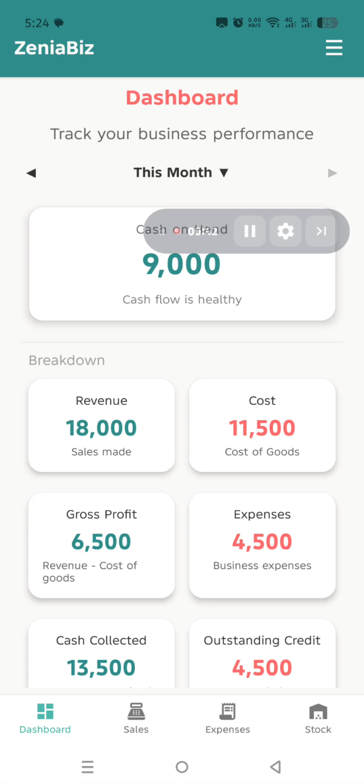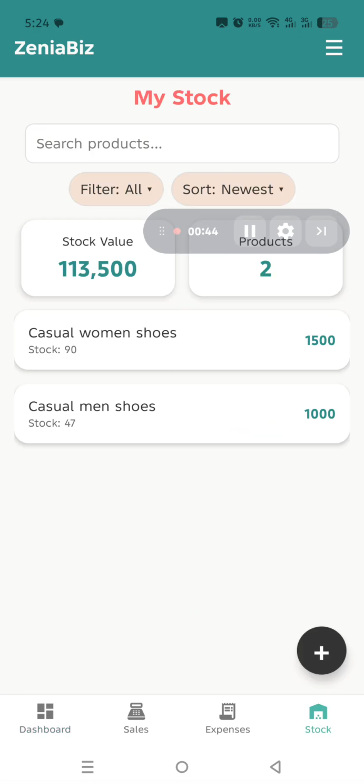So the app helps you manage your business by helping you track your stocks. For example, here, this is just for demonstration, the two products that I'm tracking here, casual women shoes and casual men shoes. You can see the stock value at the top, and the number of products that I have in my shop, and then you can see the stock for each, the number of products